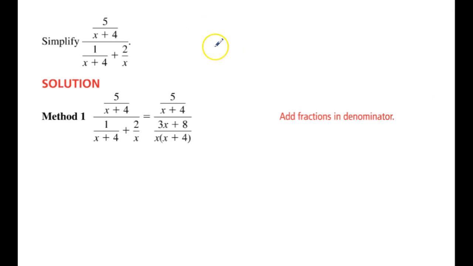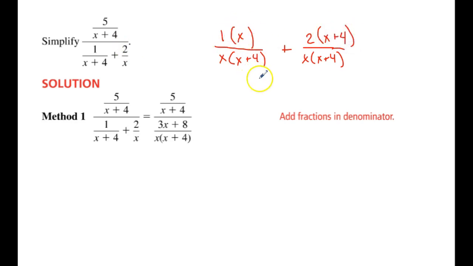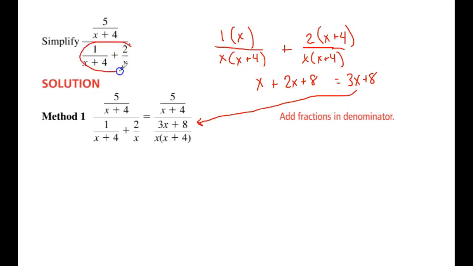So I'm going to end up with my denominator of x times x plus 4 and a new denominator of x times x plus 4. So to get my first numerator, I start with what I had times the denominator of the second one. And over here I start with what I had and use the denominator of the first one. So now I end up with x plus, and I distribute here, 2x plus 8, which ends up being 3x plus 8, which is what we ended up with right here. So all I've done is add the things that I could, to start by